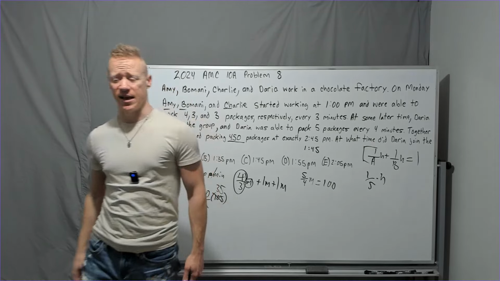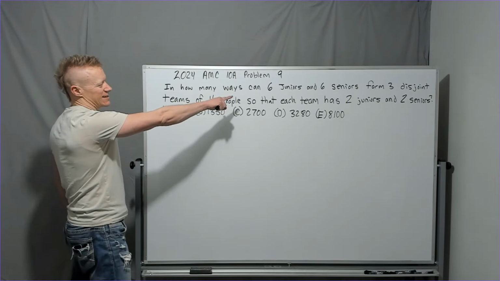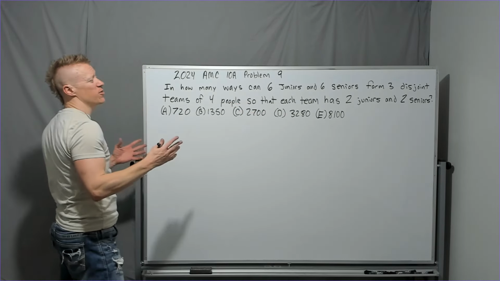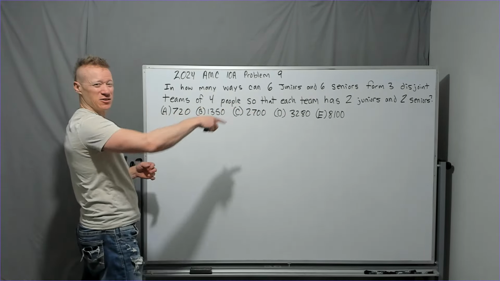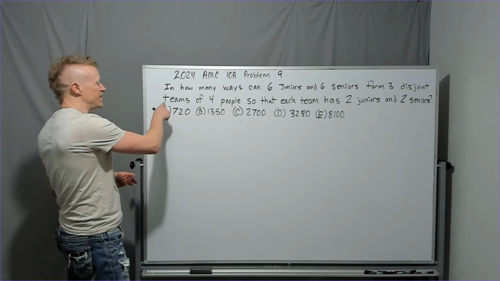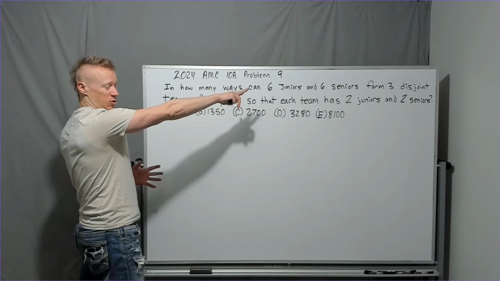Let's get to question 9. And question 9 we are doing now. In how many ways can 6 juniors and 6 seniors form 3 disjoint — there's the word, we don't get that often, just means there's no overlap — 3 disjoint teams of 4 people, so there's 12 total and there's 4 per